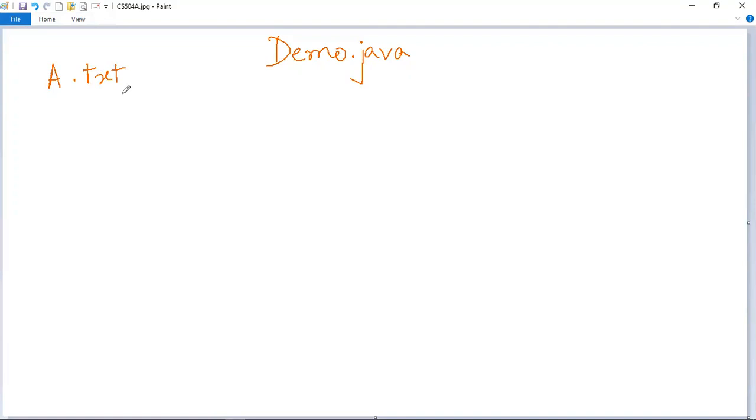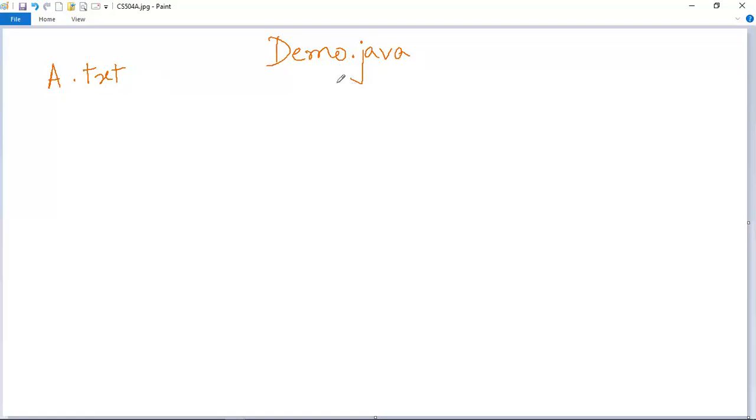That means demo.java holds the text file in order to read its contents. So whenever the garbage is collected for this program, the text file will also get deleted. But that is not at all desired. You want to keep this text file inside the hard disk as it was, and delete only the memory that has been allocated for this program.